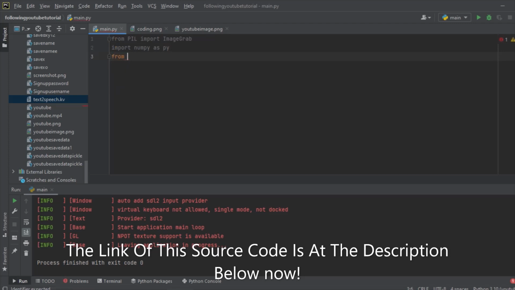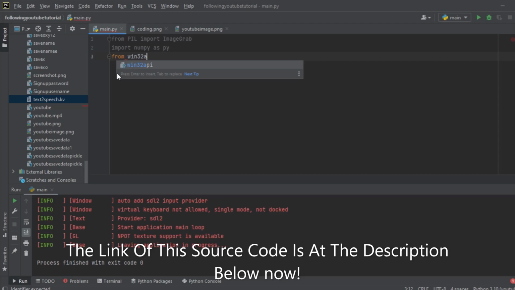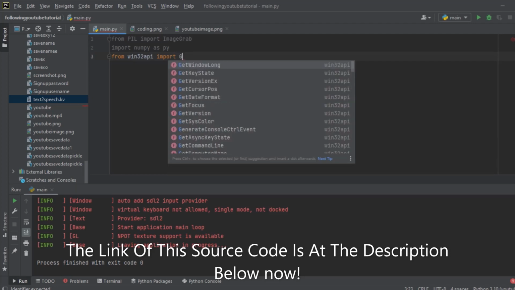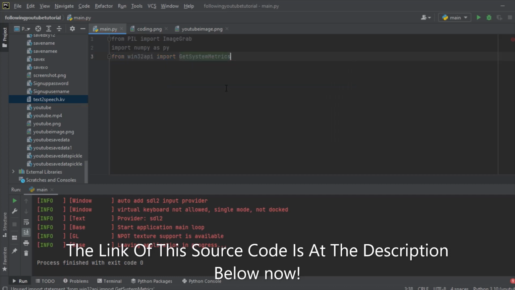from win32api import GetSystemMetrics. Then we import